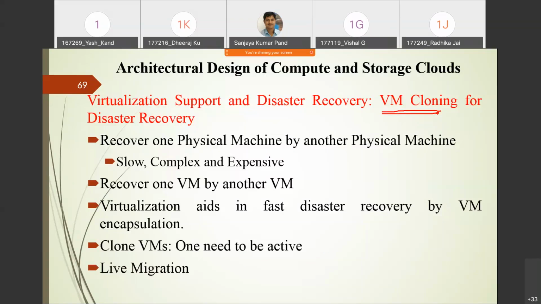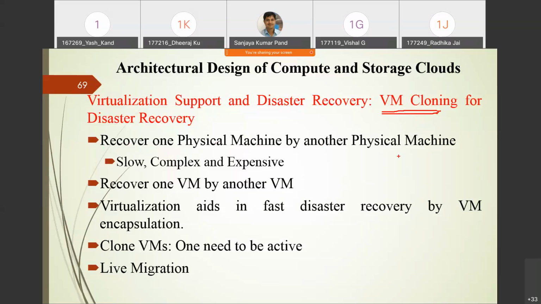Like in networking, we have studied there is a primary system and there is a secondary system. The purpose of the secondary system is that when the primary fails, the secondary will come into the picture and do the necessary work. Right? There VM cloning will work. So if you see here, suppose in one case I want to recover one physical machine by another physical machine.